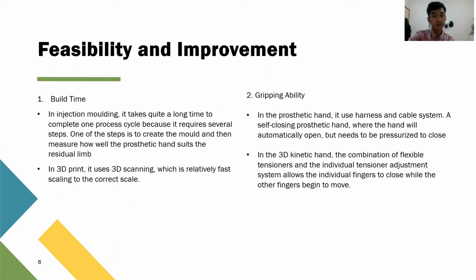The second is the gripping ability. The prosthetic hand uses a harness and cable system, which allows a body-powered prosthetic hand to operate rather than using an external energy source. It is called a self-closing prosthetic hand, where the hand will automatically open but needs to be pressured to close. This is difficult because a person with limited strength does not have adequate pressure to close the grip